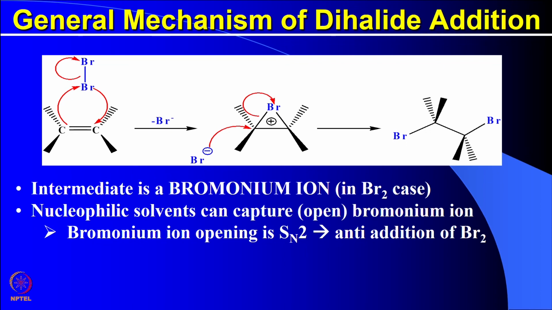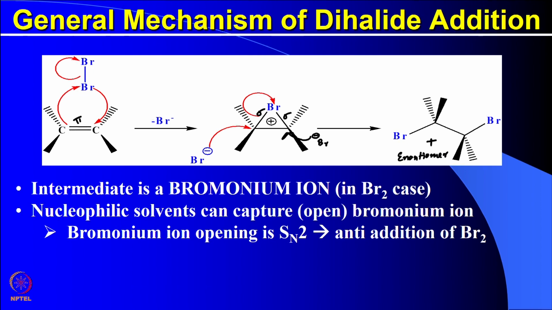So the mechanism of this reaction is interesting. When you add bromine to a double bond, the first thing that happens is breaking of this pi bond and formation of two sigma bonds with bromine, making a positive charge at the center, and this is called the bromonium ion. And then this Br minus can attack either carbon from two sides to give this product plus the corresponding enantiomer.